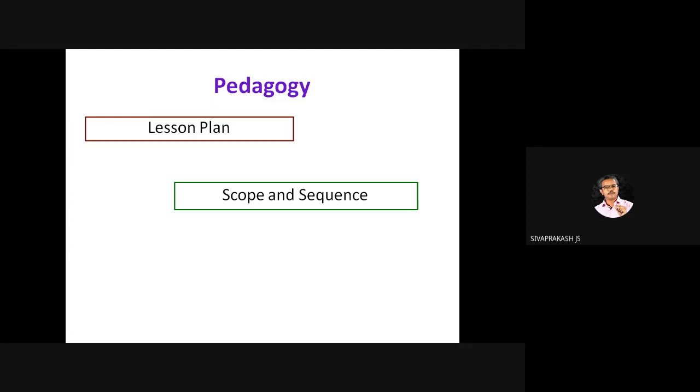The teacher has to write a lesson plan based on the students' capacity and learning styles. In a class there would be around 50 students. All the 50 students can be grouped based on their learning styles. Some people will learn just by listening to the talk. They don't want any board.